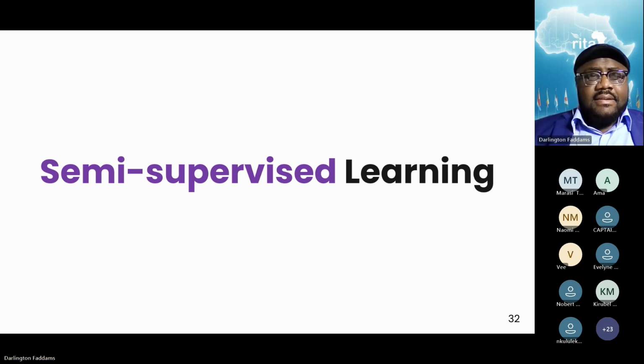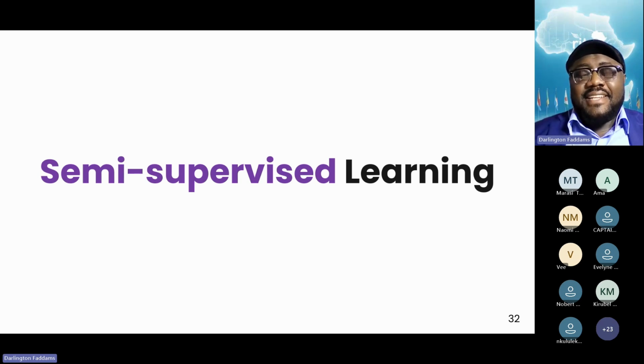And of course, there are three main types of machine learning. And we are going to find out where this one fits and why it wasn't added to the main three types of machine learning. At the end of this short presentation, the goal is to find at least one person in this class who understands semi-supervised learning. I want you to pay attention and see if it makes sense to you and if it is something you understand. All right. So what is semi-supervised learning?